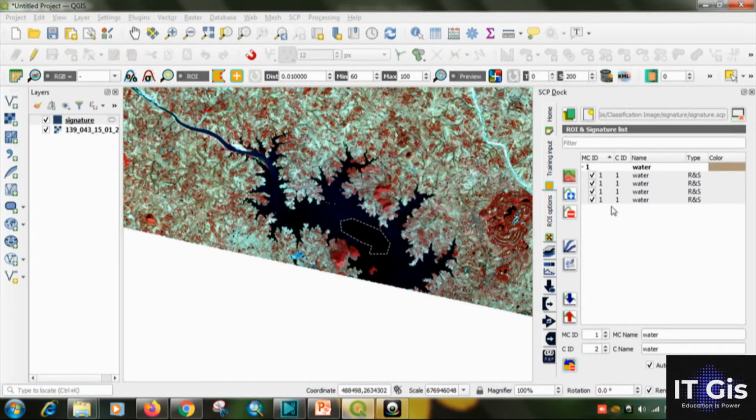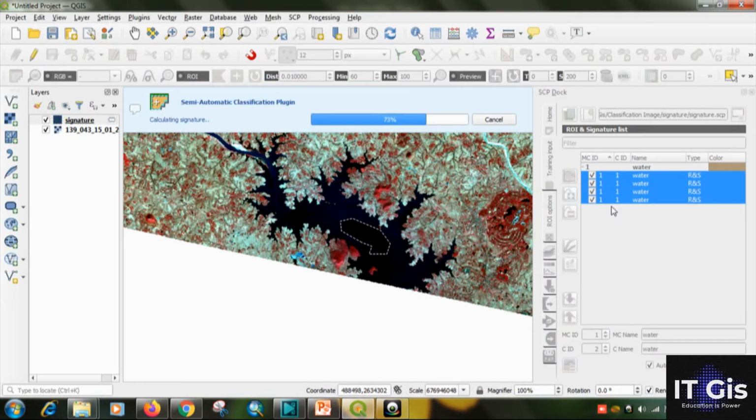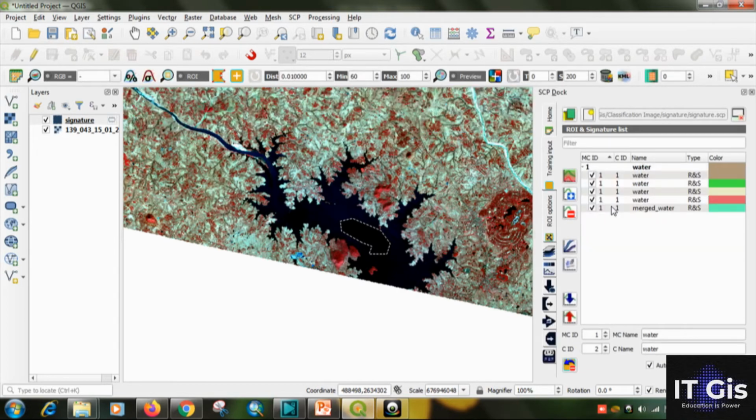So it merges and creates a mean or median, that is the average of all signatures. So it is merged.